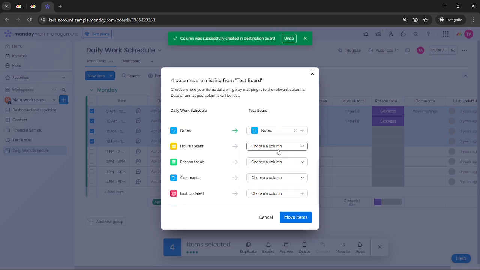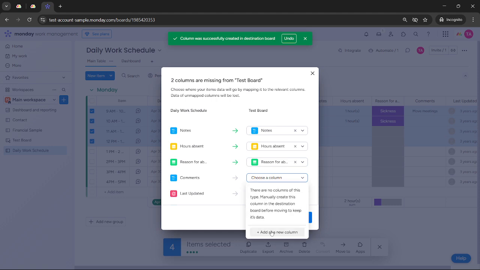To see the moved items in their new location, head over to the board and verify that they are positioned as expected. This is a good time to check that all information is accurately displayed and organized, providing you with the streamlined workspace you desire. And with that, you have successfully moved